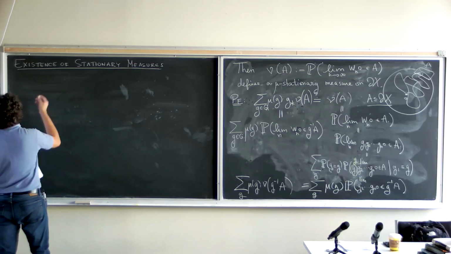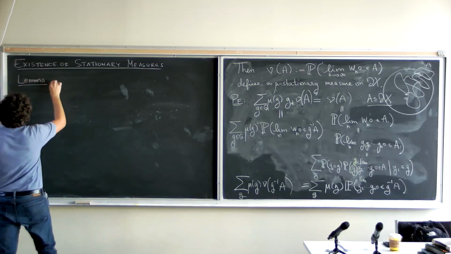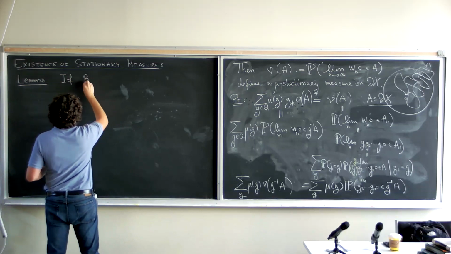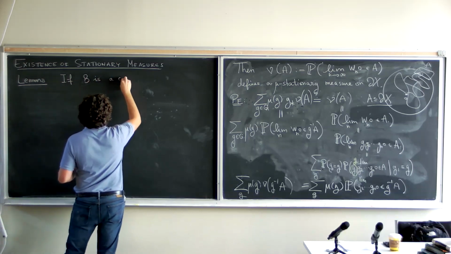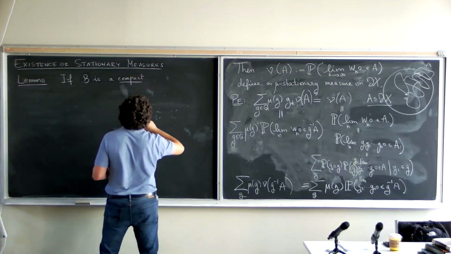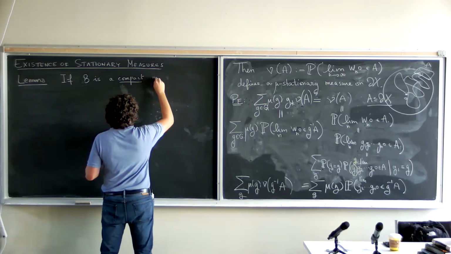So here's the most important lemma: if B is a compact metrizable metric space,